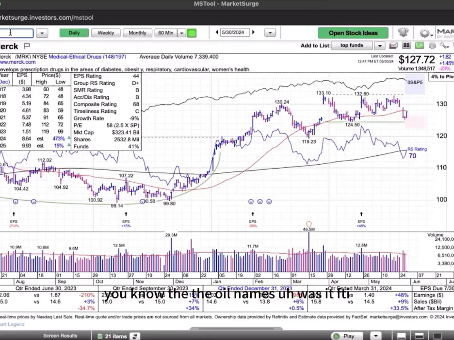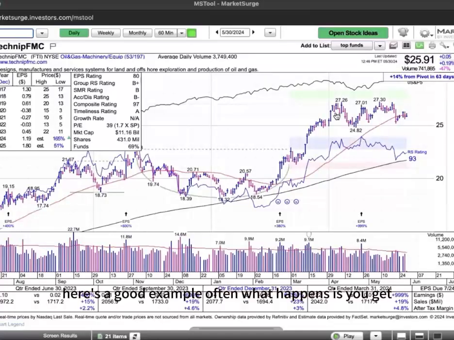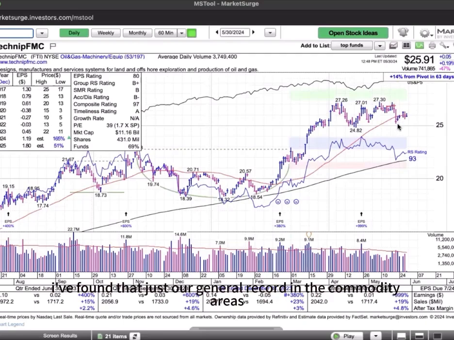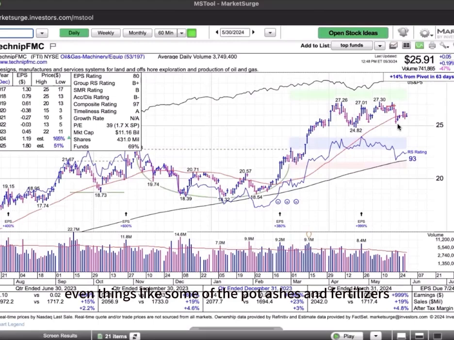The oil names, was it FTI? Here's a good example. Often what happens is you get this really nice little setup here. You came through a little cheat area here. Stock pokes its head out, comes right back into the range. I've found that just our general record in the commodity areas, oils, even things like some of the potashes and fertilizers and grain related stuff, chemicals,